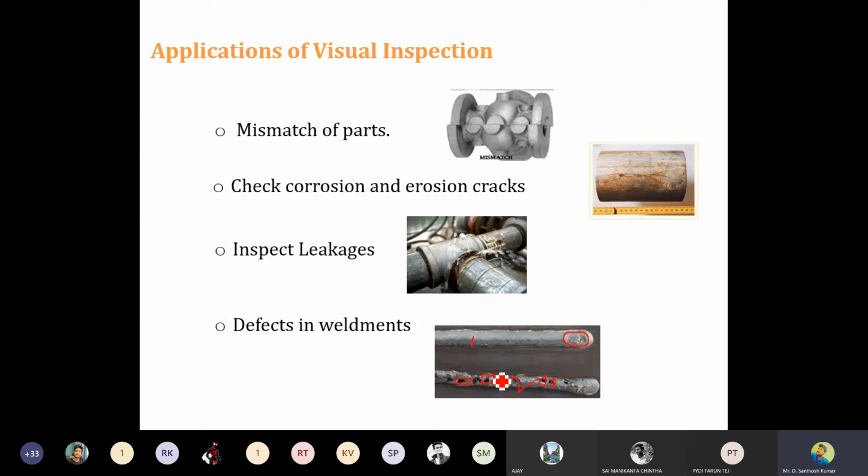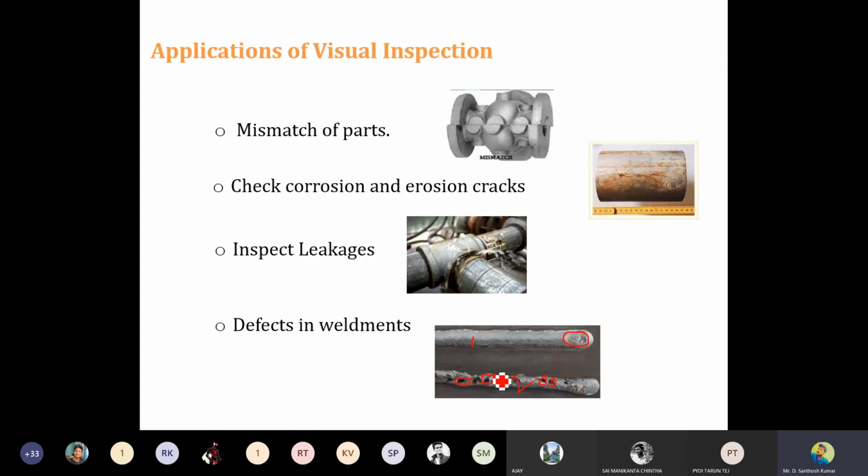Then once you identify them, you can take some corrective measures. With the help of that, you can reduce the hampering in the performance, as well as improve the life of the components. That is the reason why we are trying to detect the defects in the component. But once you choose the visual inspection method, then definitely you can reduce the